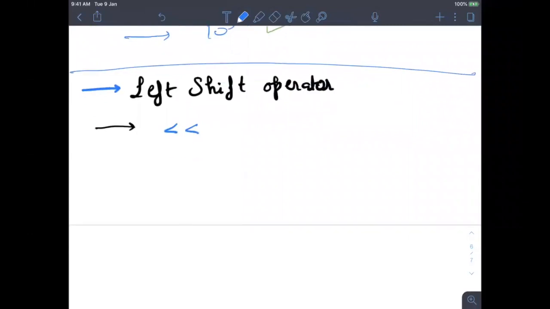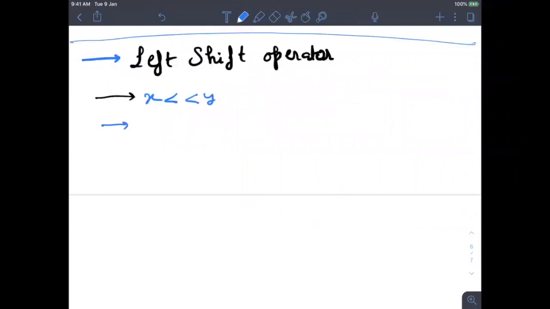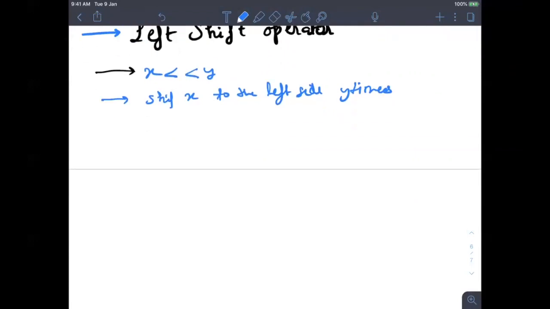It has some x and some y. It says shift this number x to the left side y times. It is a little complex, we'll discuss what this is. Let's take a simple example, 4 left shift 2. 4 in binary is 1 0 0, and so on.